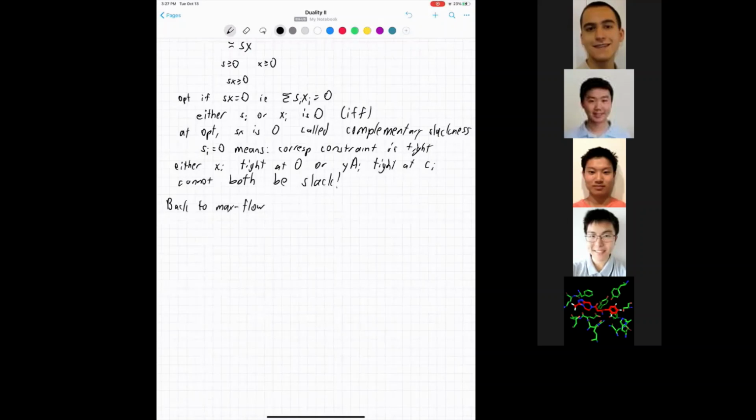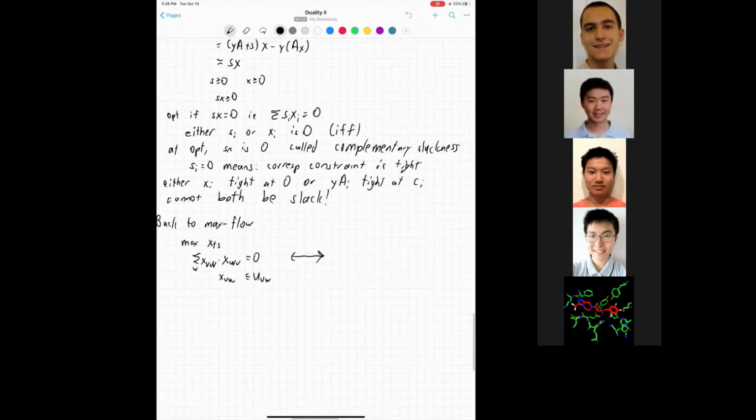Okay, so remember our primal, it's been a while, so I'll write it down again. Max X_TS, sum of X_VW minus X_WV is equal to zero, sum over W, and X_VW is less than or equal to U_VW. And our dual linear program was min sum of U_VW Y_VW,